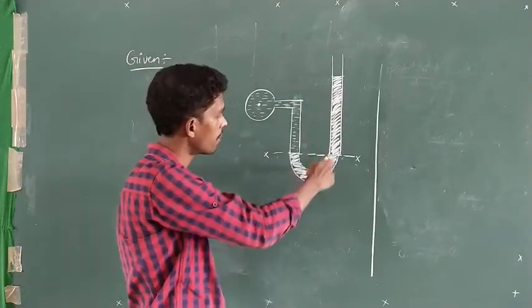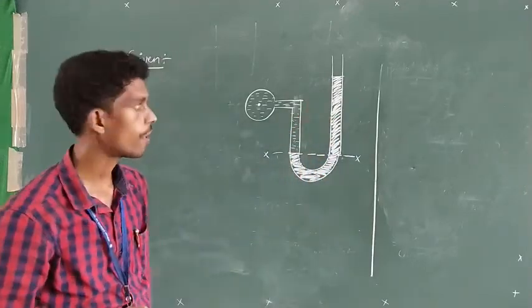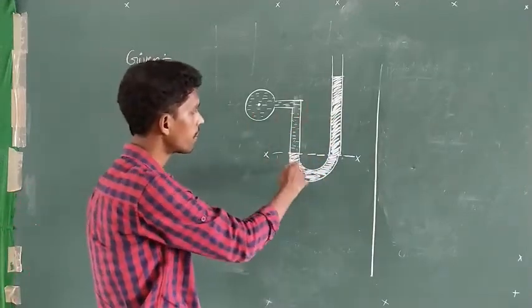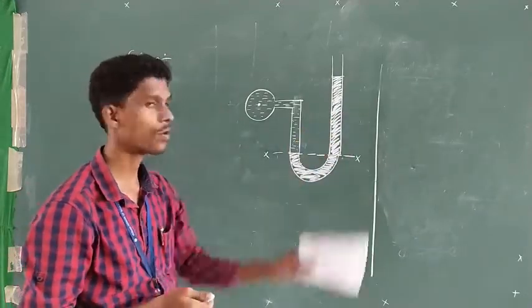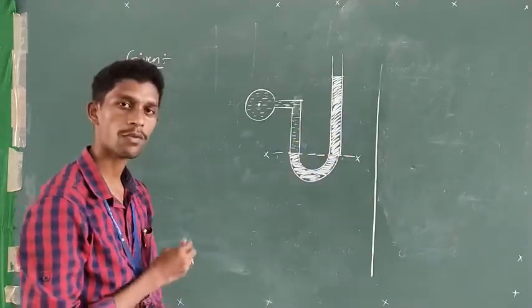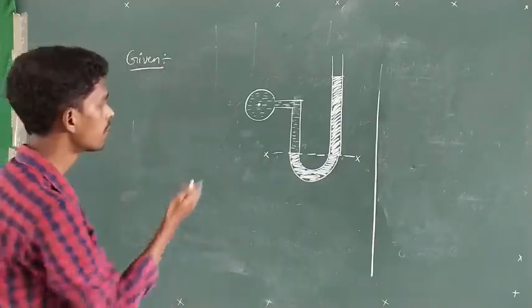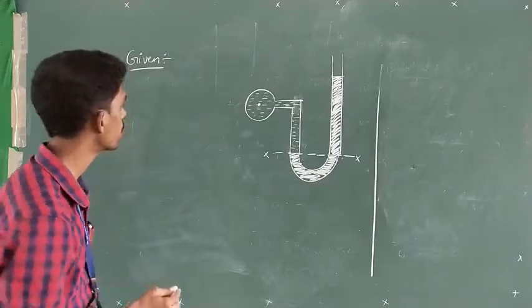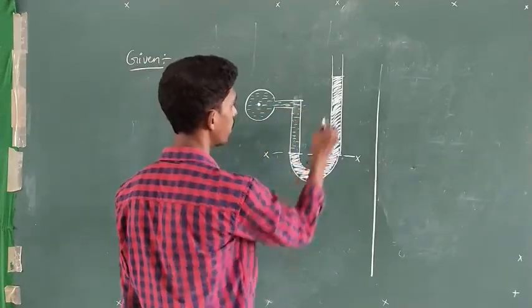In this tube, you can see the mercury is put inside to note down the levels. So based on the pressure difference, the level of mercury changes. Whenever the level of mercury changes, you have to note down the heights, and according to the formula of the pressures, you have to calculate the pressure intensity at that particular point. So assume this is the center of pipe.